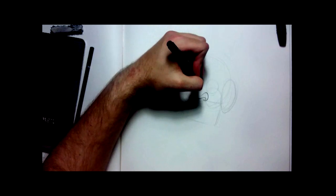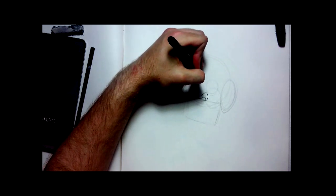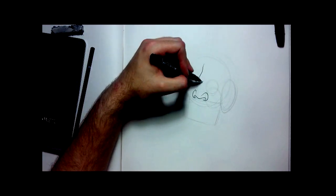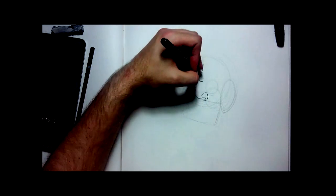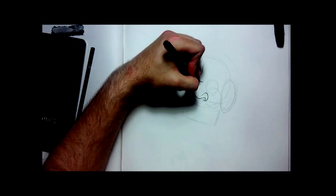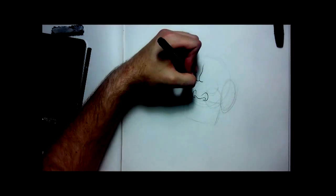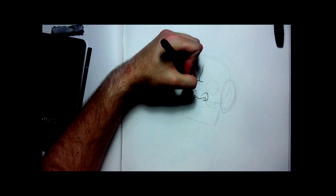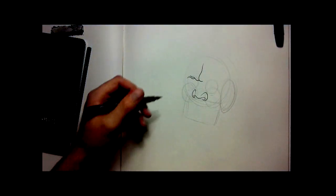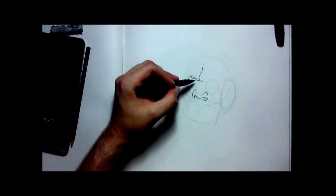So start off with the middle bit of the face. Here you can do a circular shape going up here, curving up like that. See, almost like a little fish hook shape kind of. And once you've done that, do another one to the side. But you want this one to be kind of swervy. So we're going to bring up a little swerve line like that, and I'm going to do another little one just connecting off of that, like that. You can do these how you want. You just basically want to make a line that curves this way roughly, over the top of that circle,